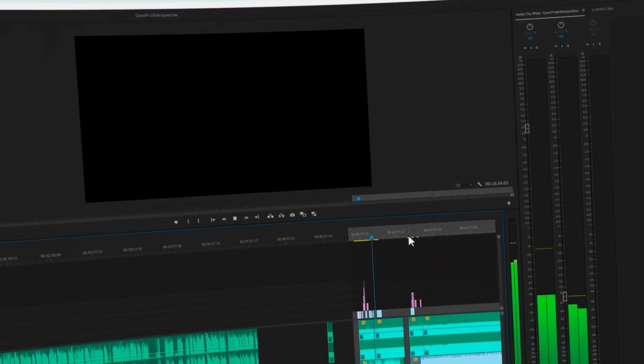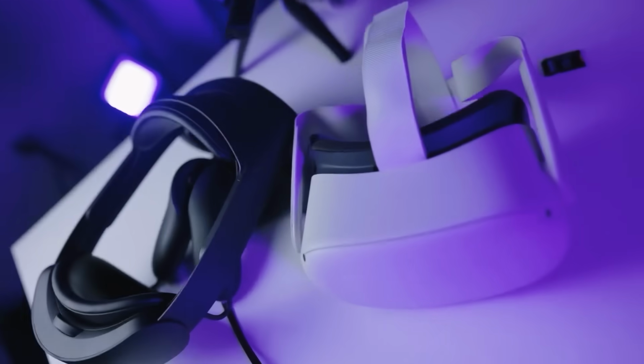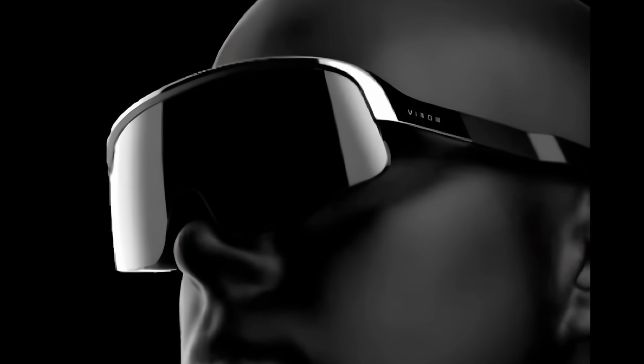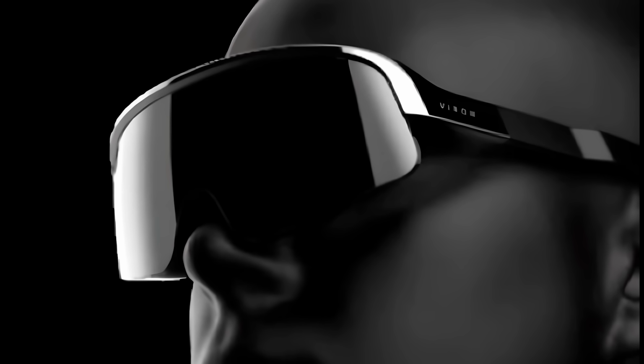I think the only real complaint I've had with Immersed is that the typical 2K per eye resolutions that we have on most VR headsets just isn't really enough to be a true monitor replacement, which is, I think, why Immersed is working on their own hardware. But I guess I do have some concerns if it doesn't work with OpenXR or Steam VR. It would just be a shame considering the hardware specifications,